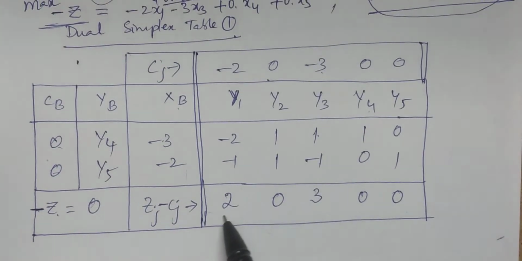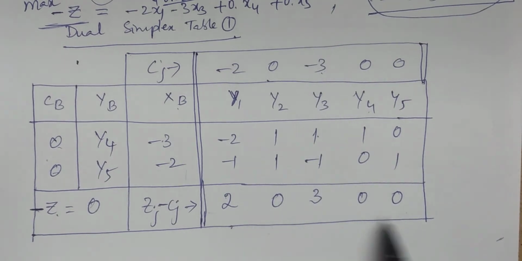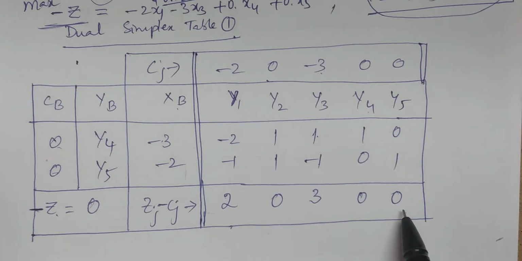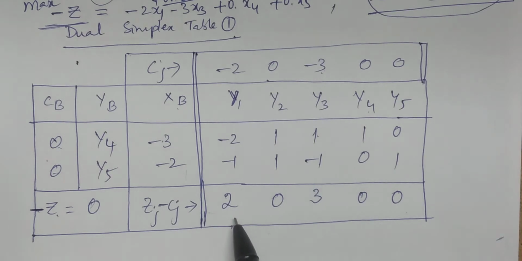Okay, and then observe the sign of Zj minus Cj. If all Zj minus Cj are greater than or equal to 0, then go to the next step. That is, we have to consider Zr minus Cr divided by Ykr is equal to the maximum of Zj minus Cj divided by Ykj, less than 0, like the formula. Otherwise, if at least one Zj minus Cj is negative, then simply stop the procedure and write that the method is not applicable. Simply, the method is not applicable, you write it.